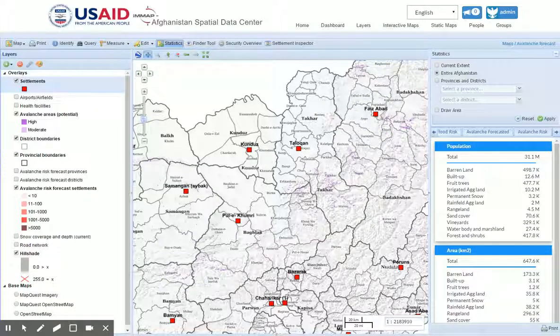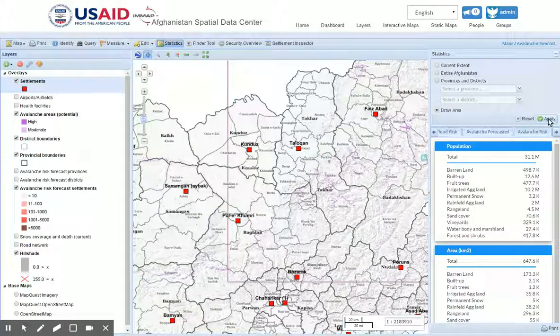For large areas such as Afghanistan or a province, these numbers will be accurate. However, it must be noted that these are not governmental endorsed numbers. These are modeled numbers. For a specific village or for a small group of villages, the numbers can be highly inaccurate. For that reason, if you are interested in the estimates within, let's say, a very tiny area,